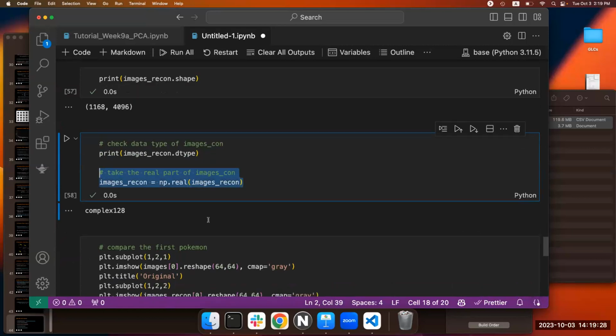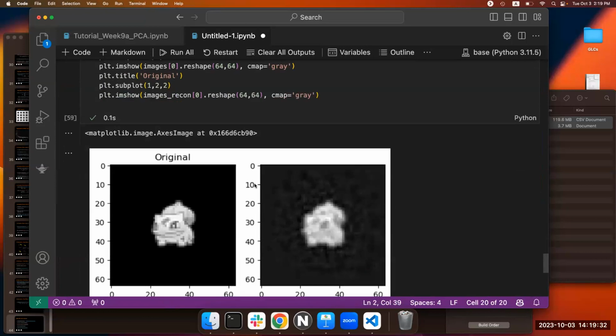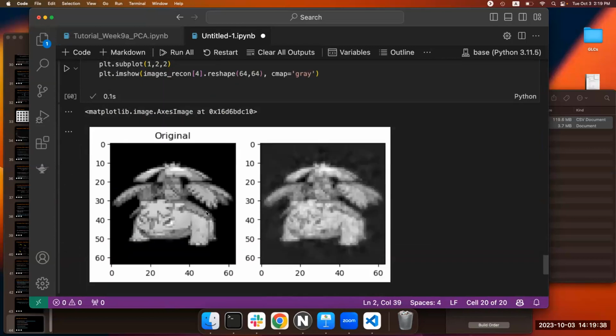Still complex. I don't understand where you give me the complex thing. A Pokemon. Choose another one. Ooh, nice. Okay, so you can do the galaxy images,